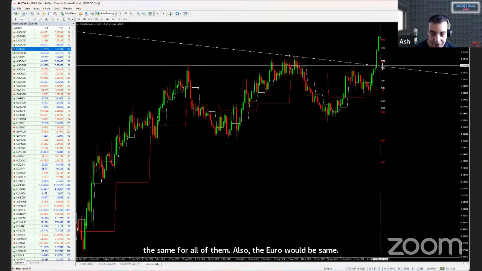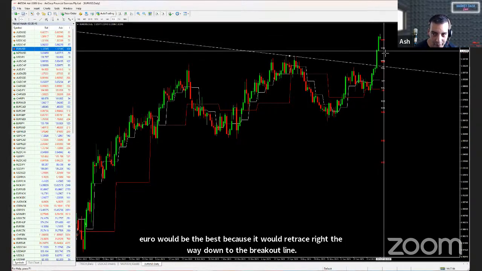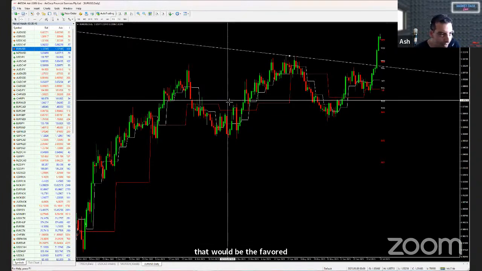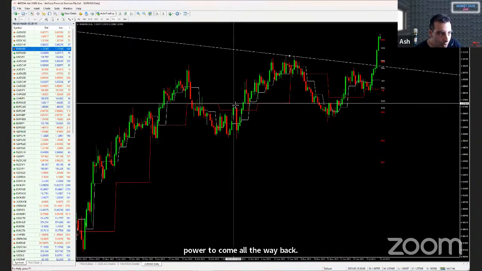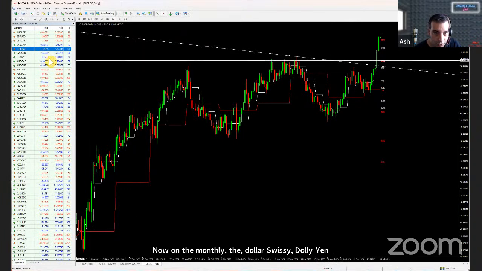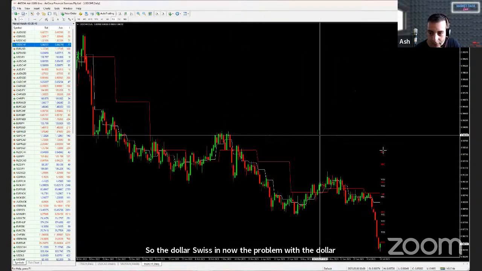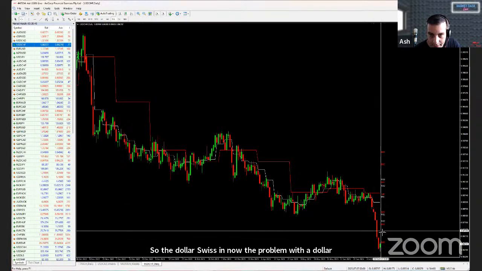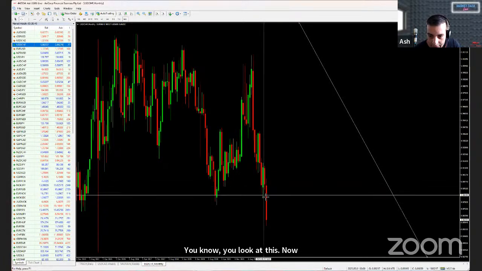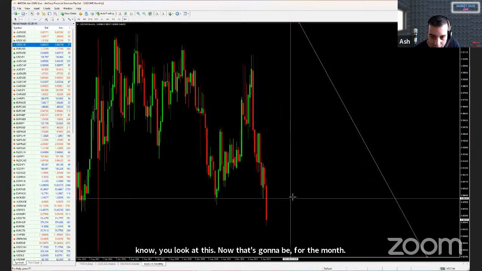So that'd be the favored area, but it may not have the power to come all the way back there. Now on the monthly, the dollar Swissy, dollar yen, and Kiwi yen are all shorts. So the dollar Swissy, now the problem with the dollar Swissy is that it's gone a long way. You look at this, now that's going to be for the month. So if you look at this on the monthly, really you're looking for this to come retrace all the way